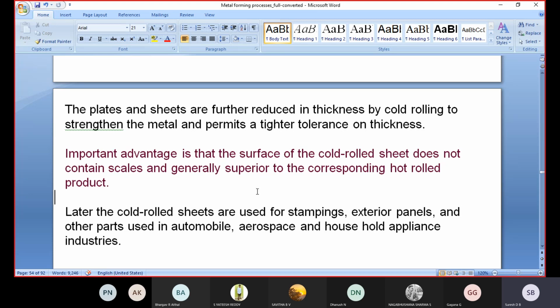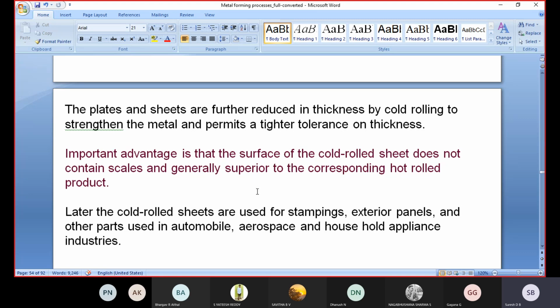Due to that particular heat, the dust particles and the chemical corrosion process are present. Due to heat, the formation comes out from that particular material. That material is white in color. That particular white color is called scale formation. In cold working process, there is no problem. The dust particles and corrosion particles are present in the material only.